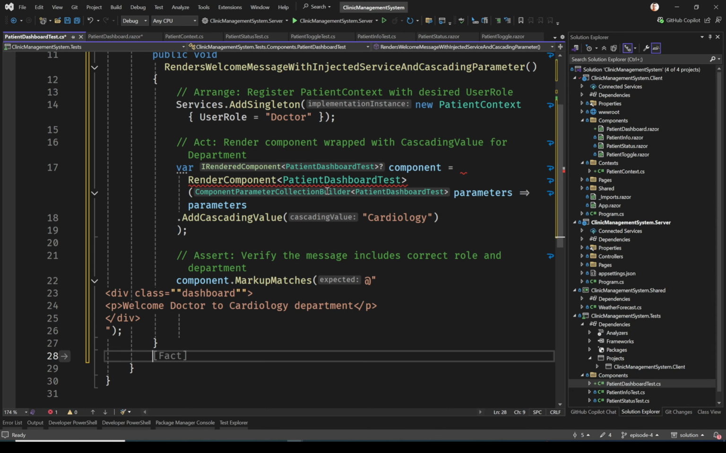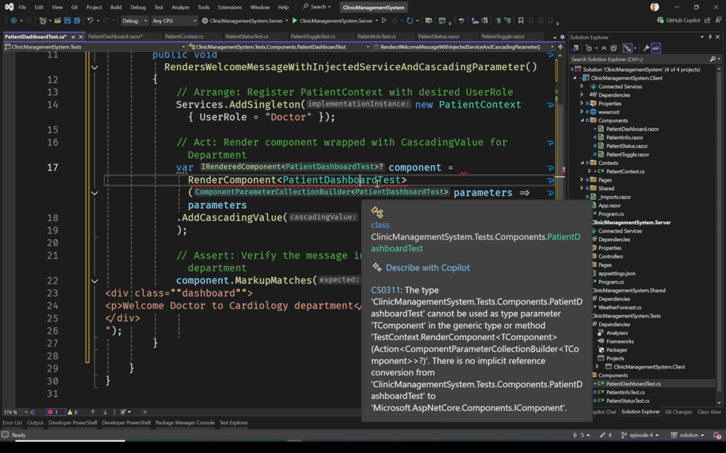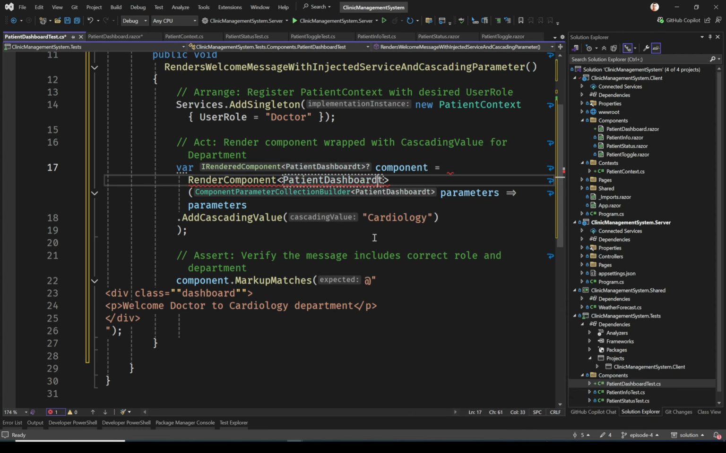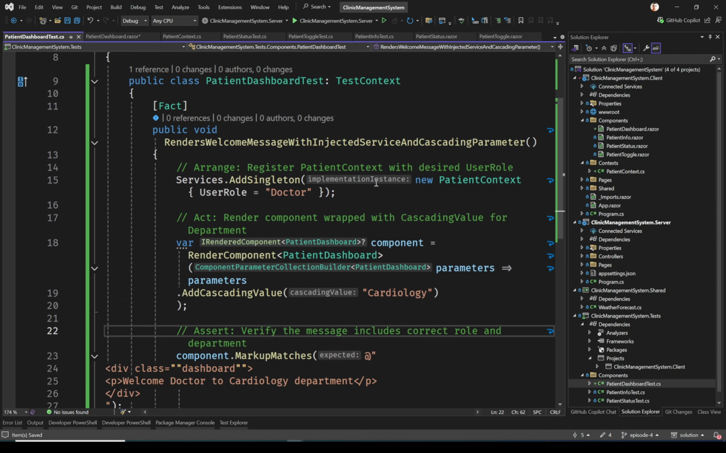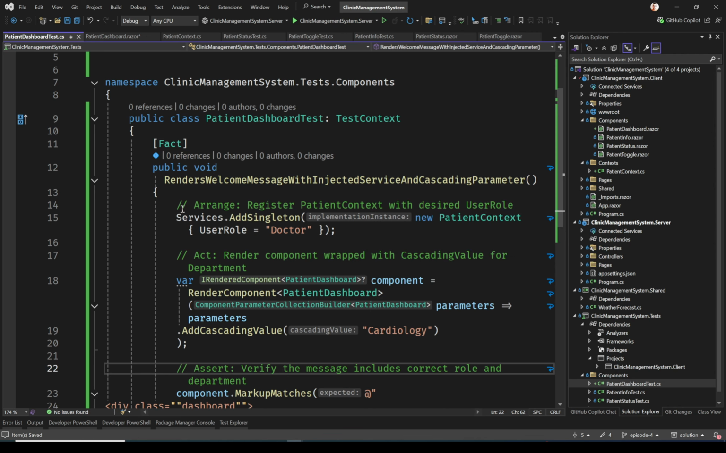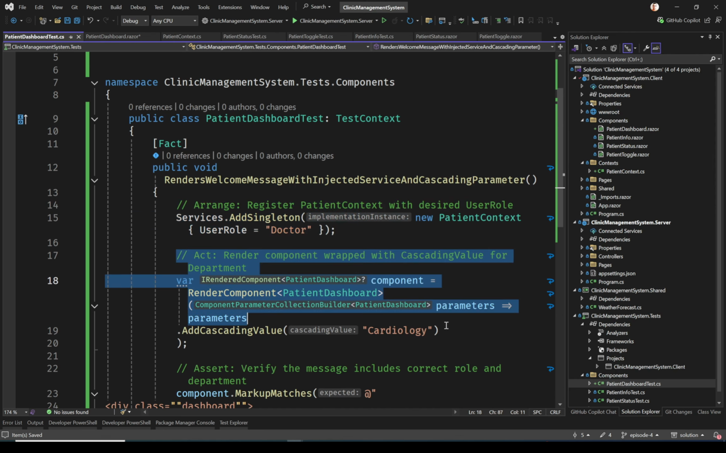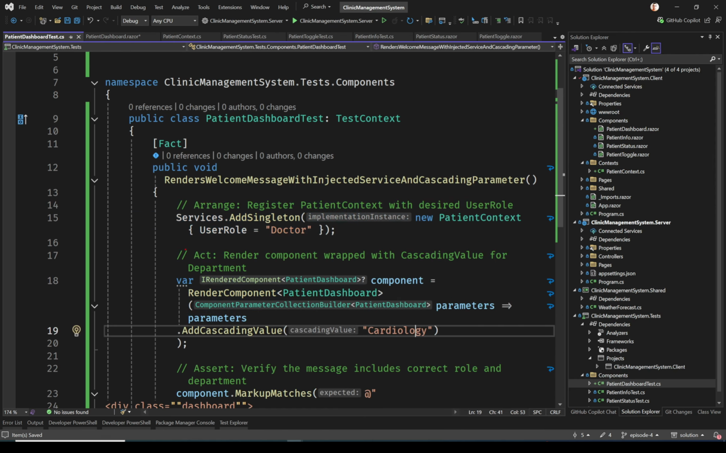And we're done. So the only thing that I need to change now is that I should use this type, and we're done. So let's see what's going on here, because it's a little bit, let's say, a little involved test. I have added some comments as well. So first off, I am registering an instance of my service, patient context, and I am setting the value for